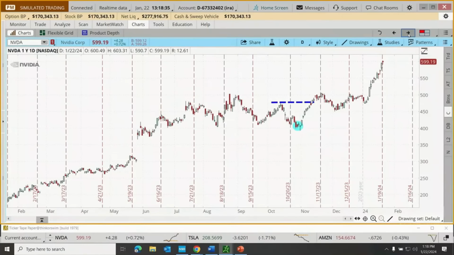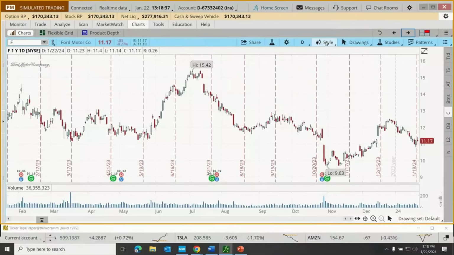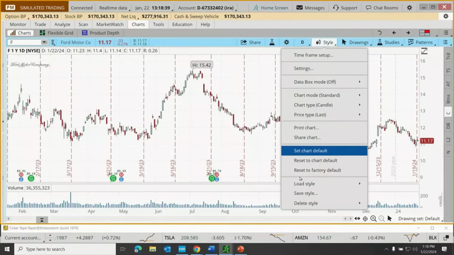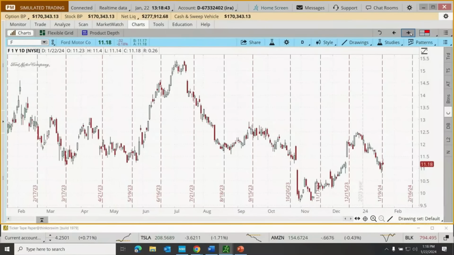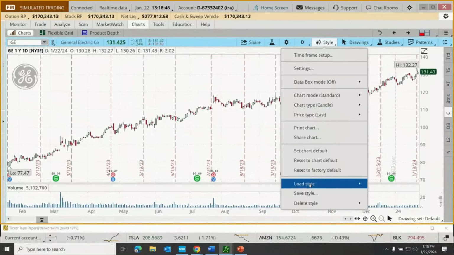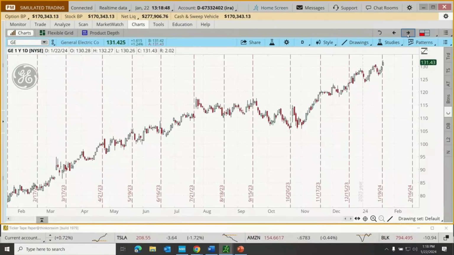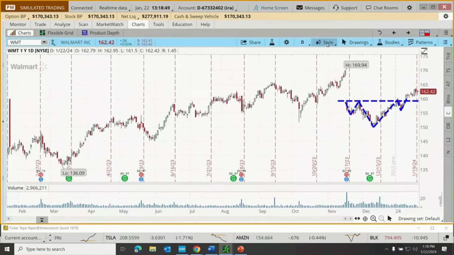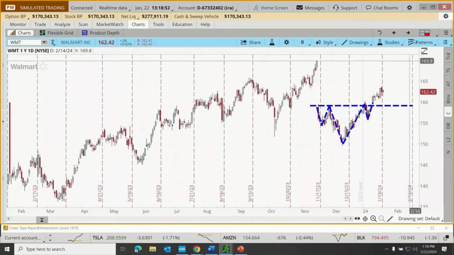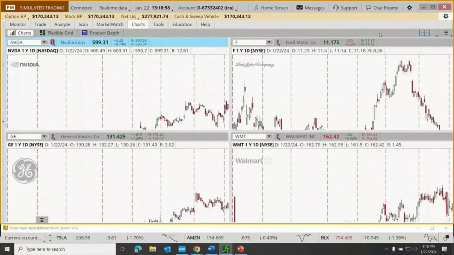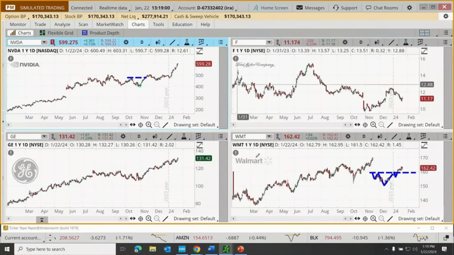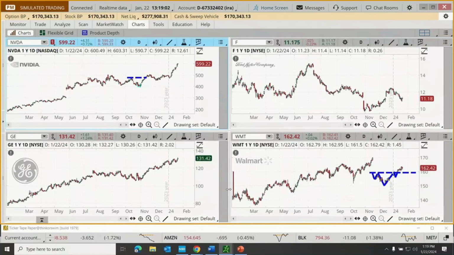Now, if I go to my other charts, I can just go to style and I can load that style that I just saved. Look at that. Advance to the next one, load that style, advance the next one, load that style. And so if we're looking at them individually, we're looking at the same style. Or if we're looking at them in the aggregate, they all have the same style. So you don't need to go in,